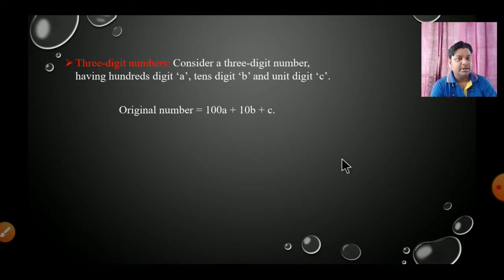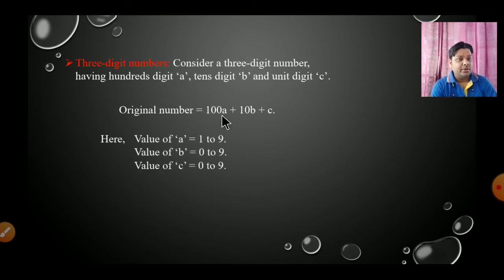Okay, dear. Now again you can see that the value of A, that is the first digit, can be a natural number, and the rest two can be whole numbers. Okay, students. Now you can see this example, 109, and we can write it as 1 into 100 because 1 is at the hundreds place, 0 is at the tens place, so we multiply it with 10, plus 9 into 1 because 9 is at the unit place.